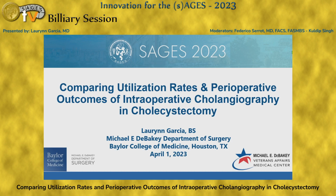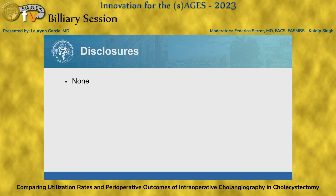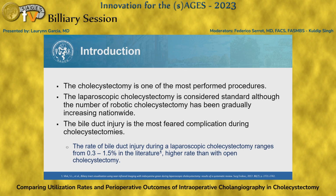I'm a third-year medical student at Baylor College of Medicine, and I'll be presenting our work entitled Comparing Utilization Rates and Perioperative Outcomes of Intraoperative Cholangiography and cholecystectomy. I have no disclosures. So we're all familiar with the cholecystectomy and know that the laparoscopic approach is considered gold